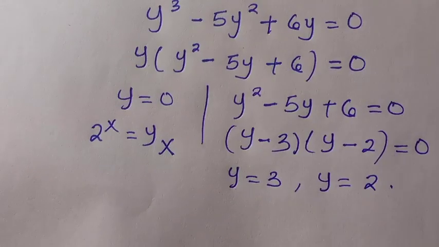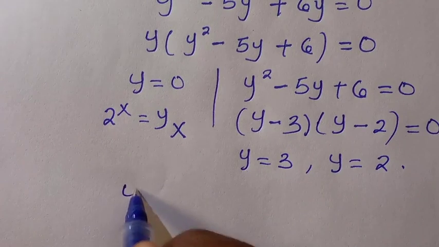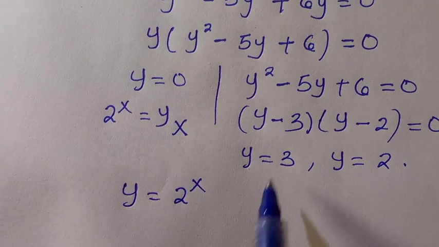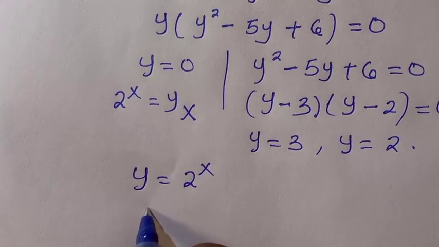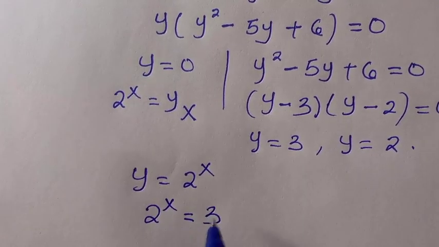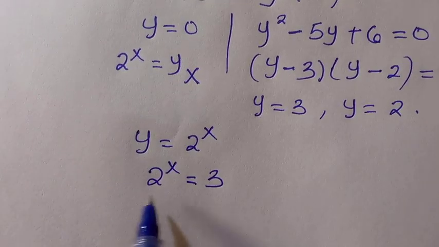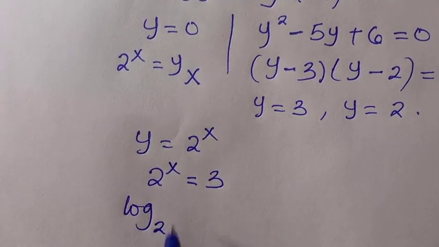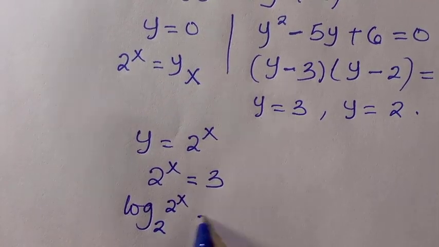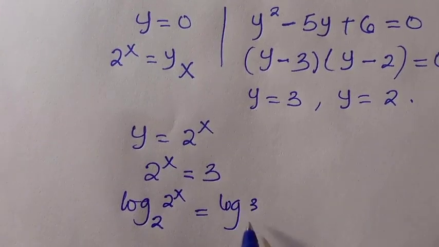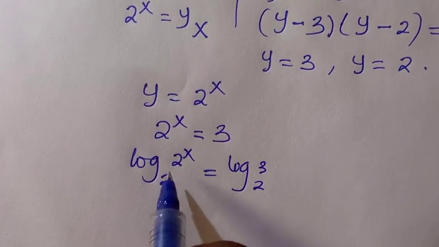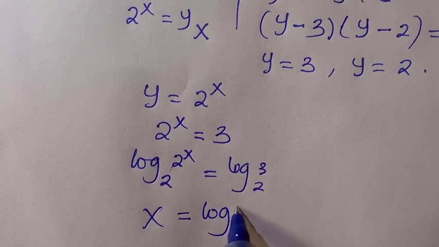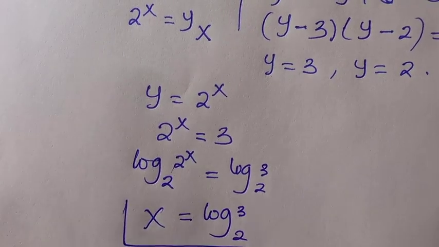So we now recall where we let y equals 2 to the power of x, and at y equals 3 we have 2 to the power x equals 3. So to get x, we introduce logarithm of base 2 to both sides. Here we have logarithm of base 2, then 2 to the power x equals logarithm of 3 base 2. So when this cancels this, we have x equals log 3 base 2,